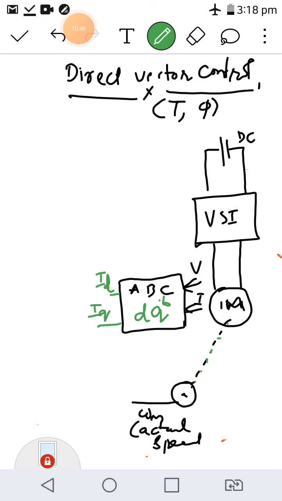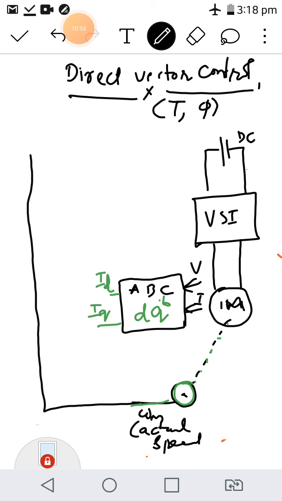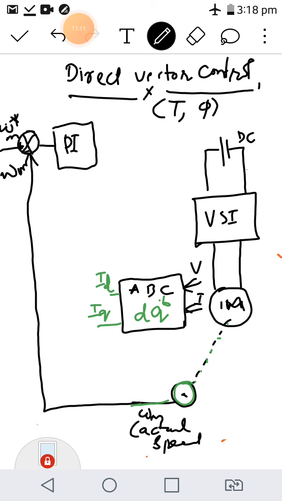So this is the transformation. Coming back to this, using a tachometer you are sensing the speed of this machine. You get this omega m value and you compare it with omega m star, the reference value or the set value of the speed. This is the actual speed, this is the reference speed. You will get an error voltage. The error voltage you first send to a PI controller. I told you there will be two loops, one for the torque and one for the flux. Torque is basically controlled by IQ.